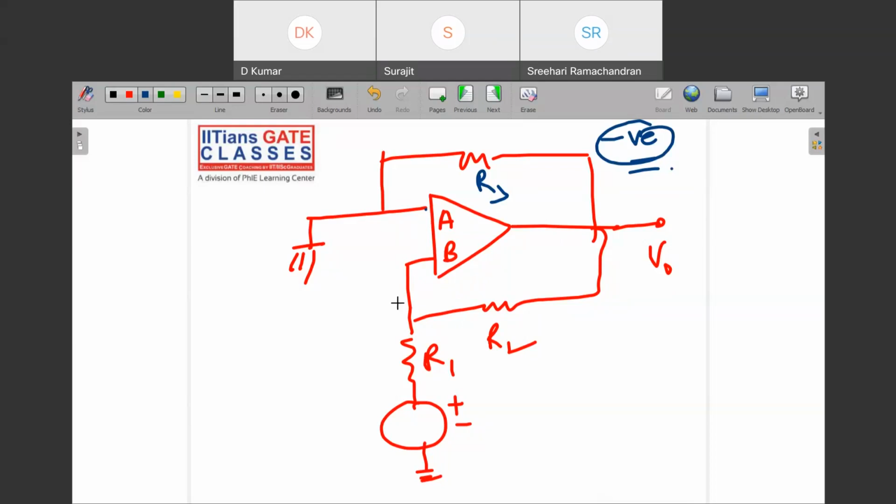Because the output is connected, some part of the output is basically mixed with the input section. Yes, there is a feedback. But what kind of feedback is there, negative or positive? It's a negative feedback. How are you claiming there is a negative feedback? Can you give me some